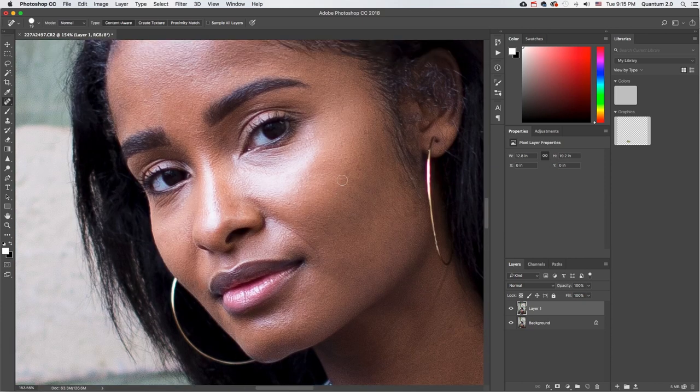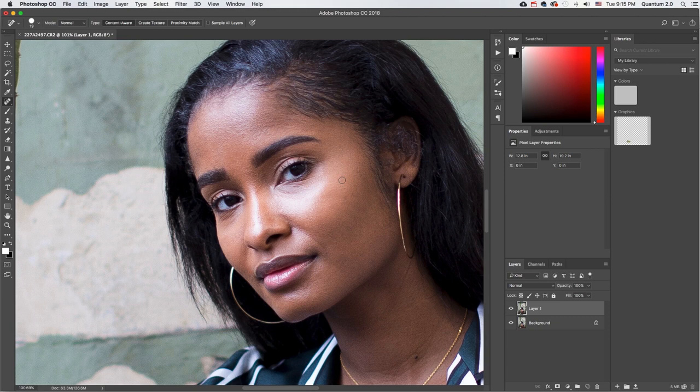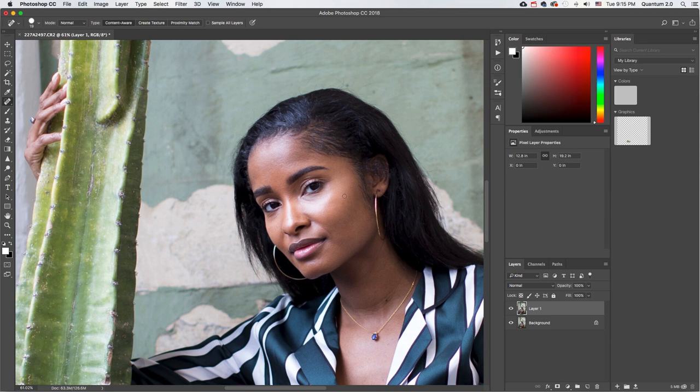Now the next thing that I like to do after doing some minor skin retouching is that I like to enhance the image, right? Because I myself, I'm a model, and I know how important it is for models to have nice chiseled features that are well lit and all of that. So, Day here, she already has nice cheekbones, but I want to pronounce those cheekbones a little bit more by using a little bit of dodge and burn tricks that I know in Photoshop. So what I'm going to do is create a new layer, and